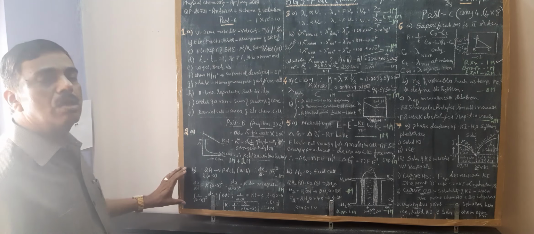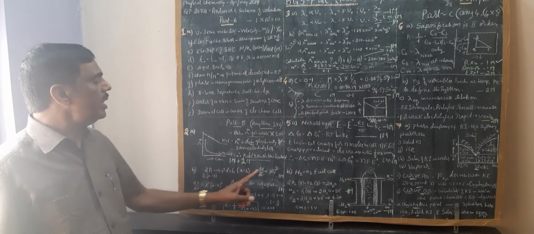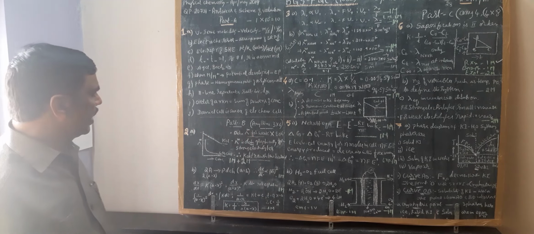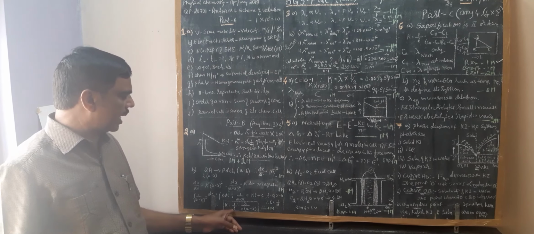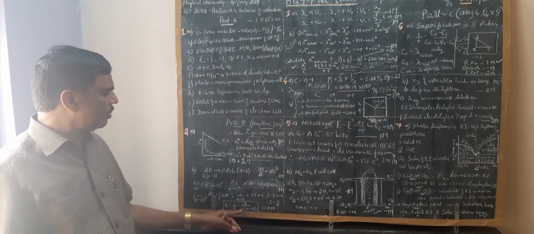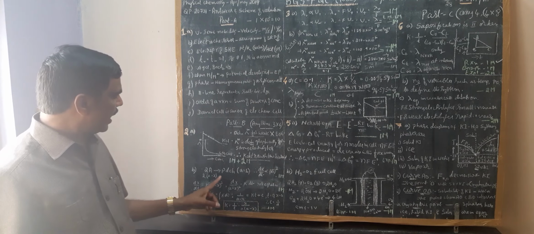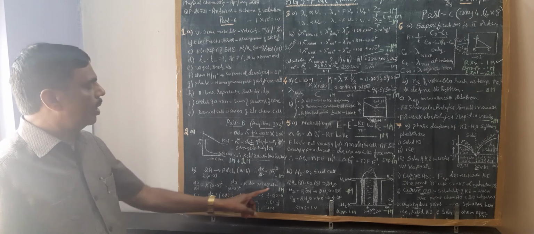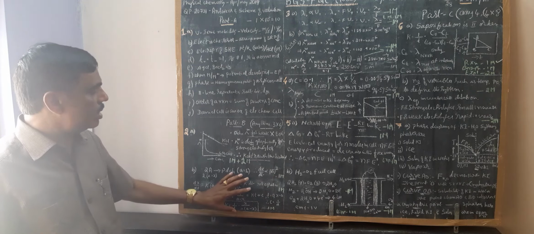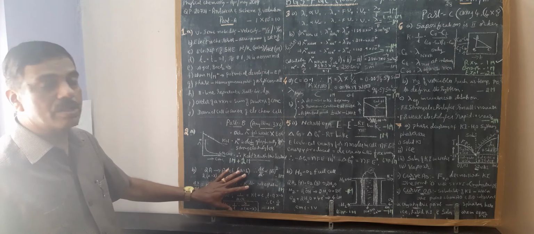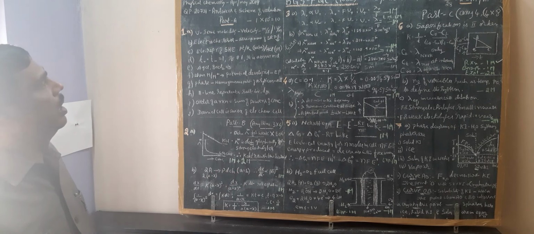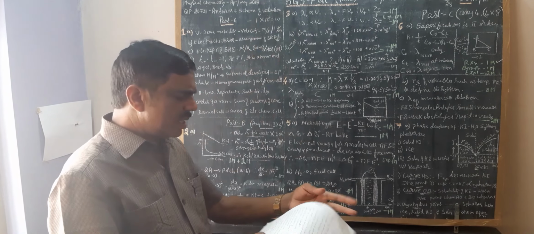Therefore, how will marks be allotted for this? If you write the rate expression, you will get 1 mark. And if you write the final answer correctly, k is equal to 1 by t into x by a into (a minus x), 1 mark. And the explanation for the remaining part, 1 mark, totally 3 marks. So this is the scheme of valuation of any question. Now come to the next question, 3A.